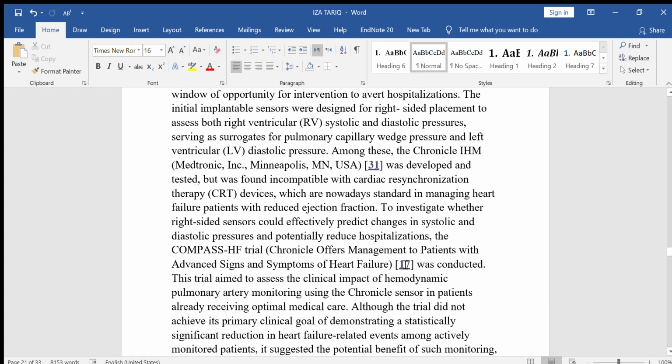The CHAMPION heart failure trial, which offered chronic management to patients with advanced signs and symptoms of heart failure, was conducted. The trial aimed to assess the clinical impact of hemodynamic pulmonary artery monitoring using the CardioMEMS sensors in patients already receiving optimal medical care. Although the trial did not achieve its primary clinical goal of demonstrating satisfactory